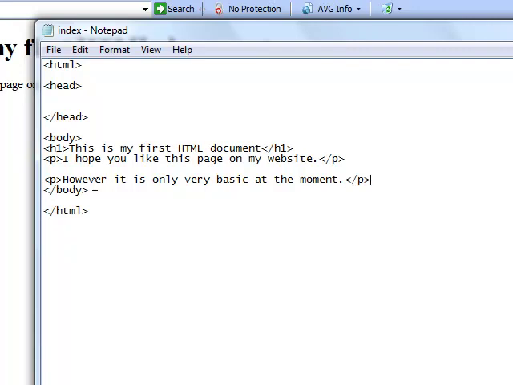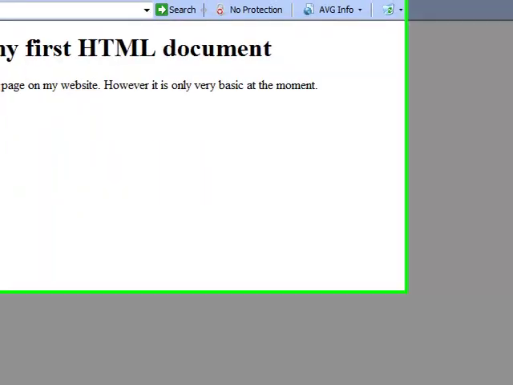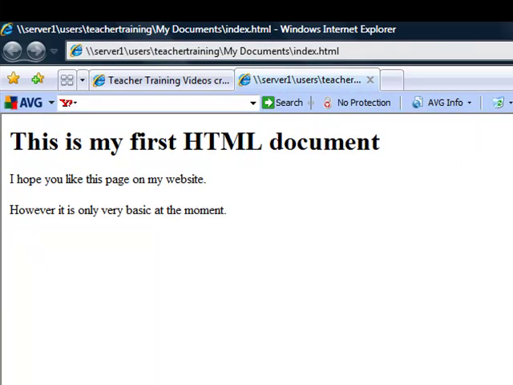Okay, so if we now save that, let's have a look at the effect that's going to have on it. Okay, great. So now we do have some text that's got a carriage return after it, and we can imagine that if we had a lot of text here, then this could be paragraph 1, this could be paragraph